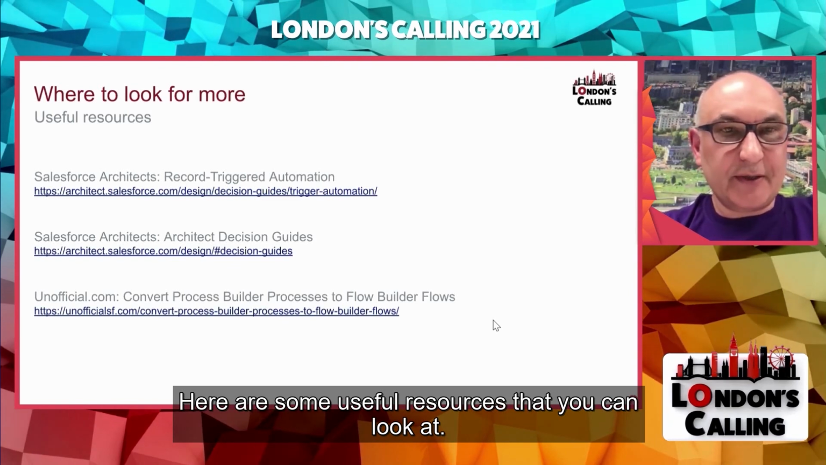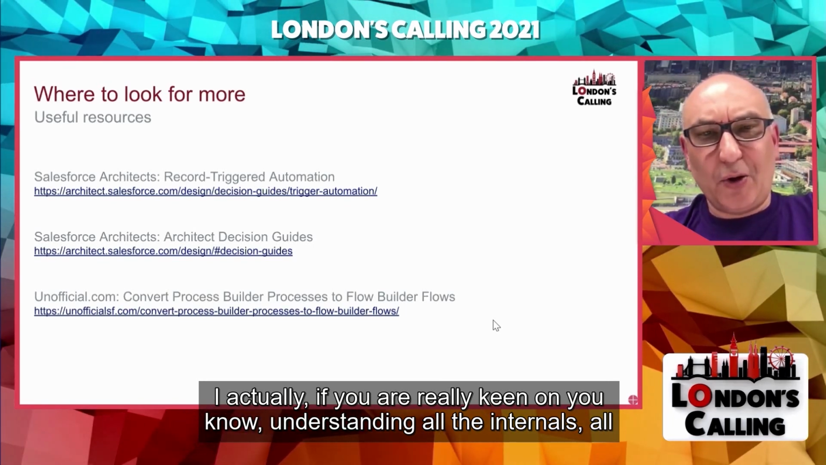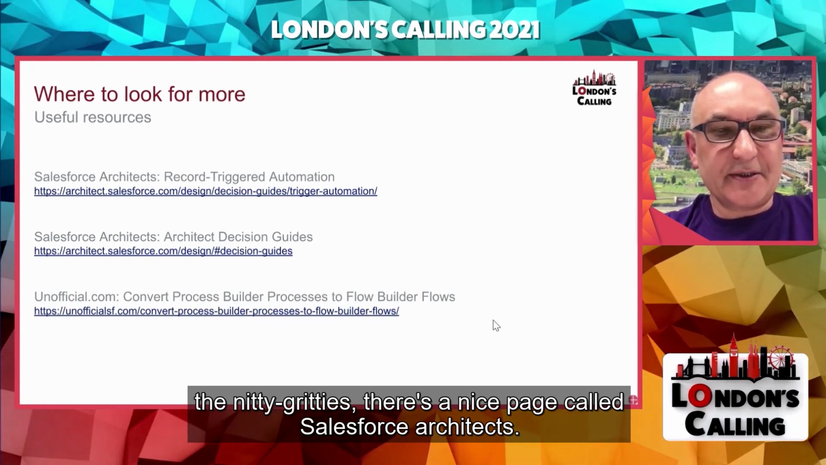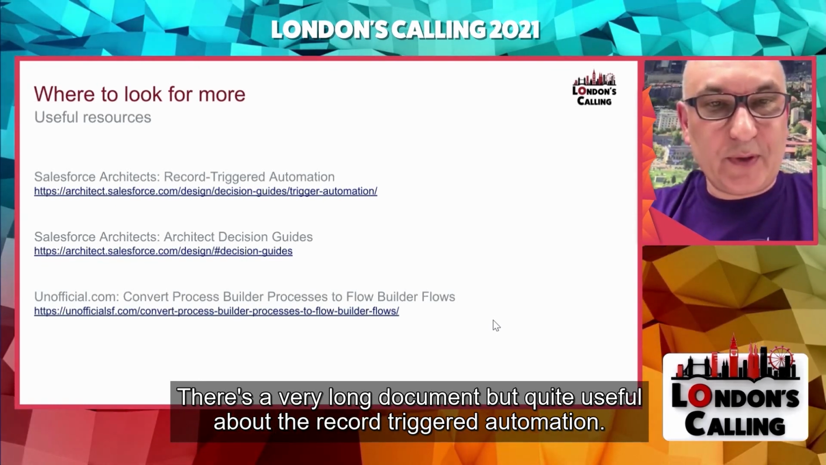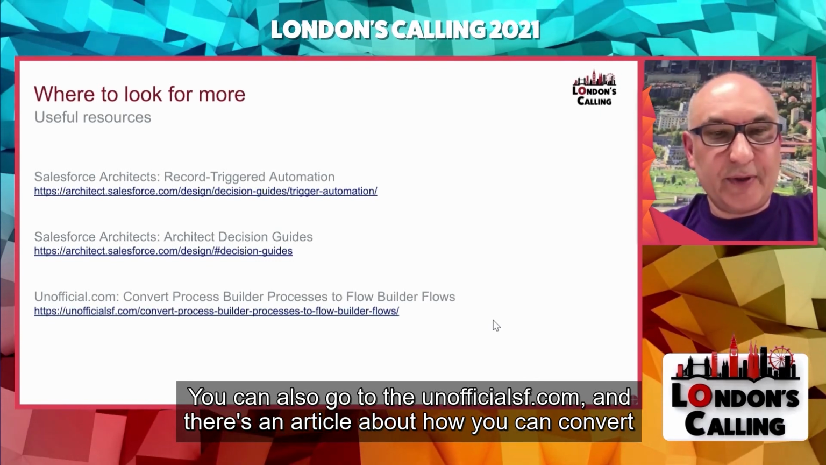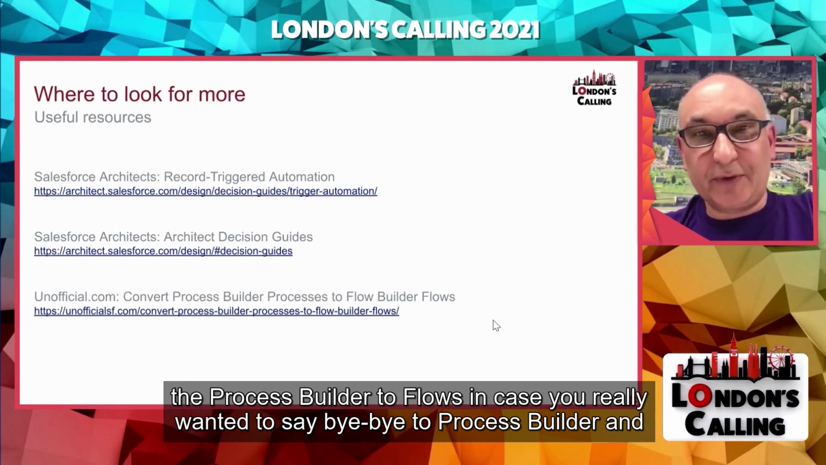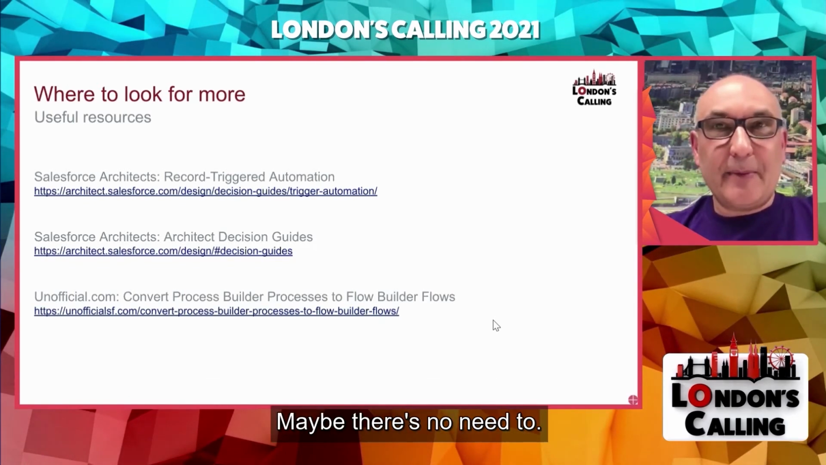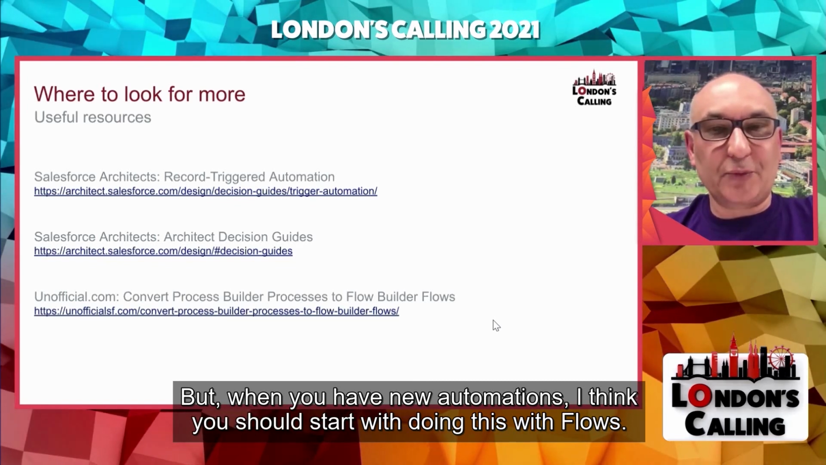Here are some useful resources that you can look at. I urge you, if you are really keen on understanding all the internals, all the nitty-gritties, there is a nice page called Salesforce Architects. It's actually a site, and there is a very long document, but quite useful, about the record-triggered automation. You can also go to the unofficial site, and you can read an article about how you can convert your process builder to flows, in case you really wanted to say bye-bye to process builder and convert everything to flows. Maybe there's no need to, but when you have new automations, I think you should start with doing this with